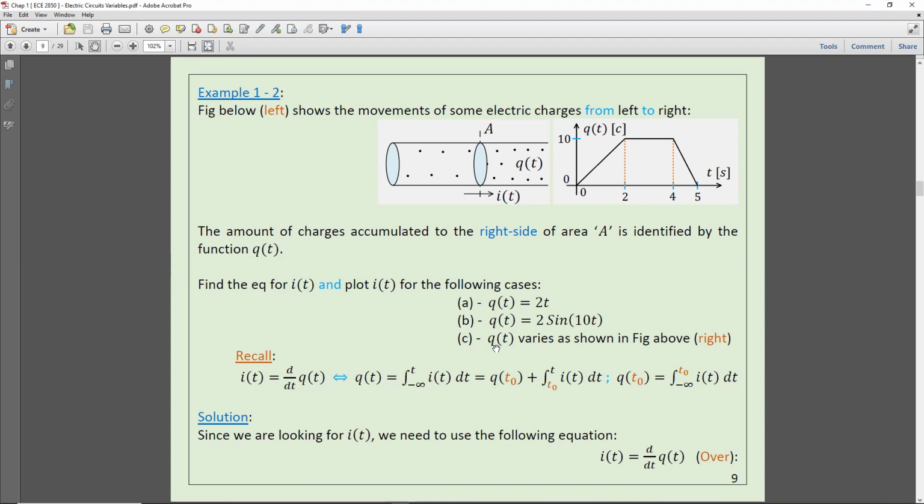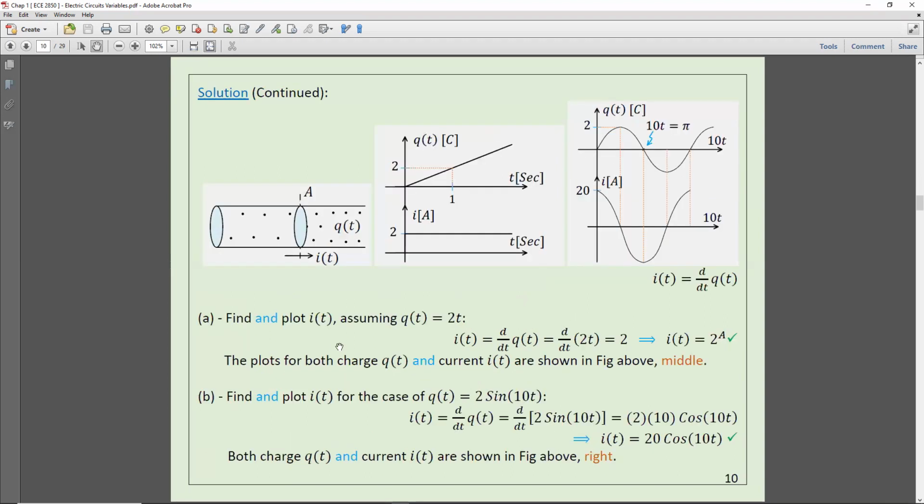This is very simple. You can have these examples in calculus, because this is a direct application of integration and differentiation. So here, given Q of T equal to T, in order to get I, I'm going to differentiate this one. Here Q of T equal to T, and I is actually d dt Q of T. So in this case I'm going to differentiate. When I differentiate T, it is actually equal to